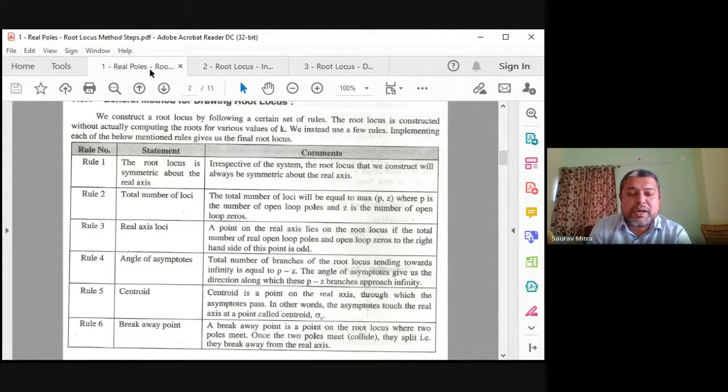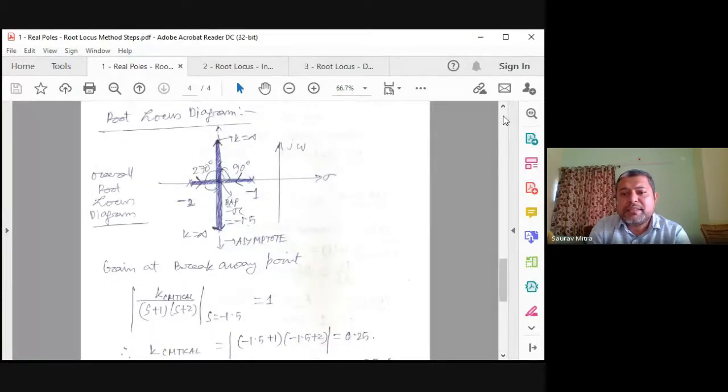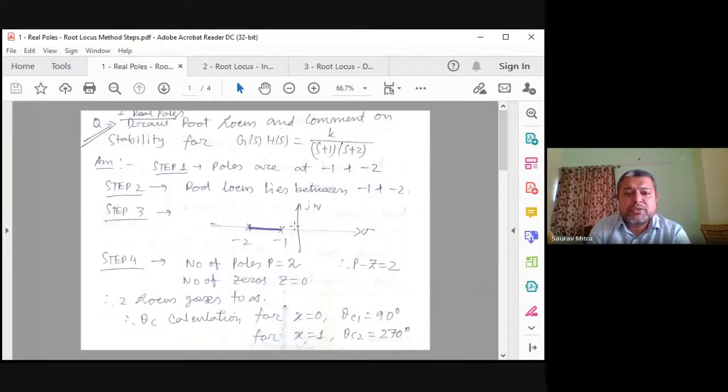So we have seen this part, we have seen this numerical, and yesterday I had shown you how to calculate it. So -1 and -2, these are the two things we have to first plot, and then you have to check whether this point -1.5, whether root locus lies here or not. So how to check? Look at the right side of -1.5, the total number of poles plus zeros has to be odd. So whether -1.5, -1.7, -1.9, whether root locus lies there, answer is yes, because -1.5, if you check